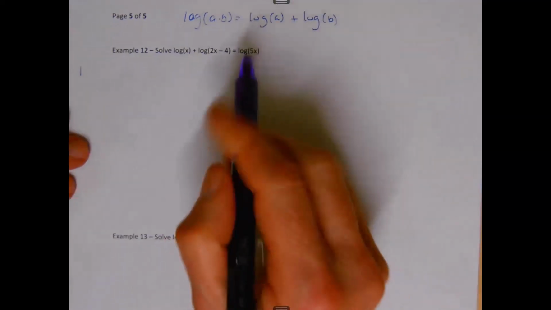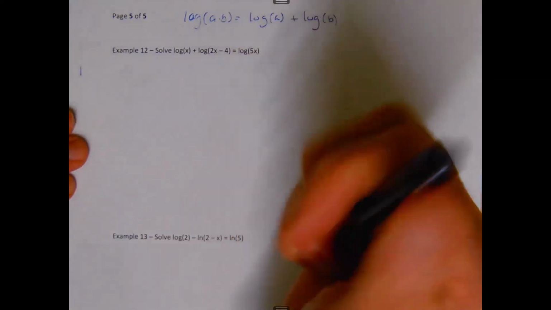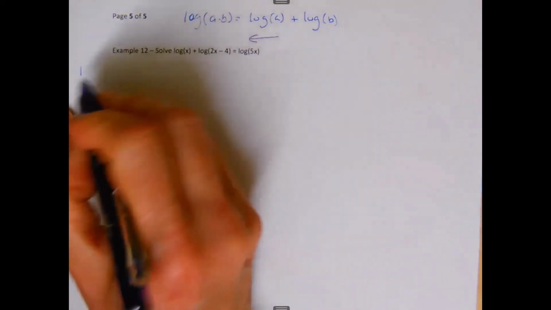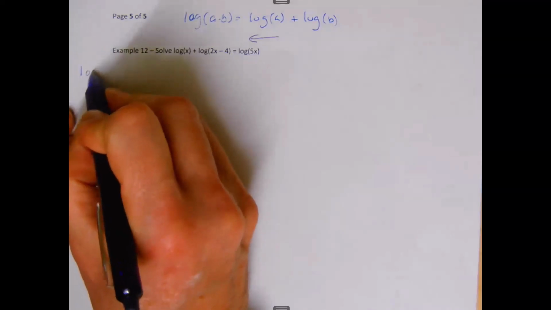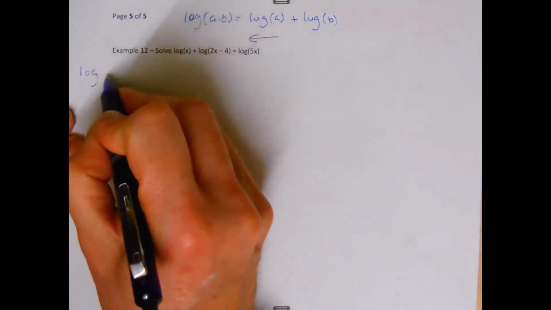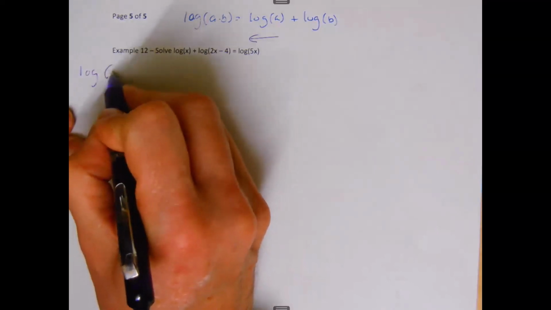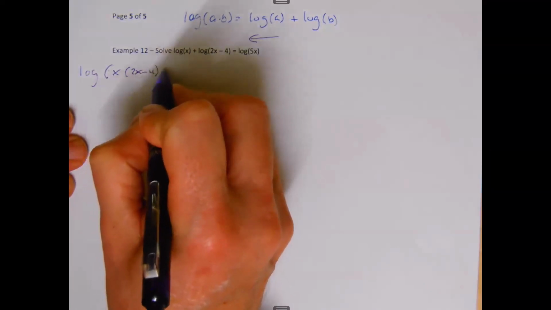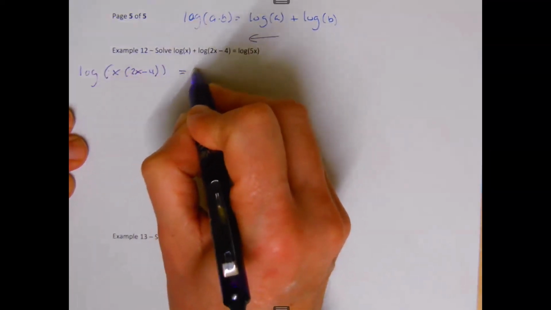So I'm going to use this rule backwards and write this as a single log. So I'm going to write log of x times 2x minus 4, and this is equal to log